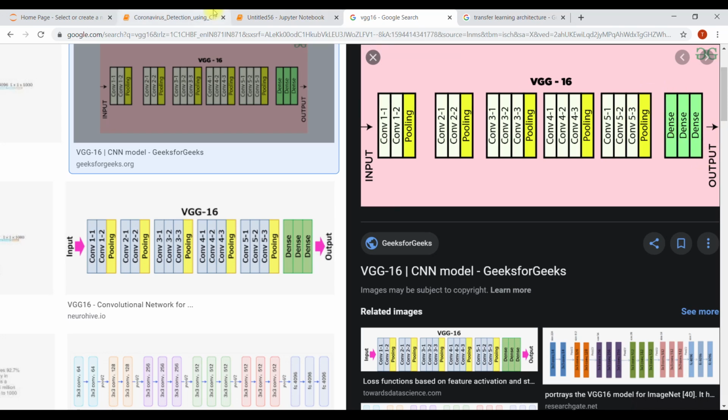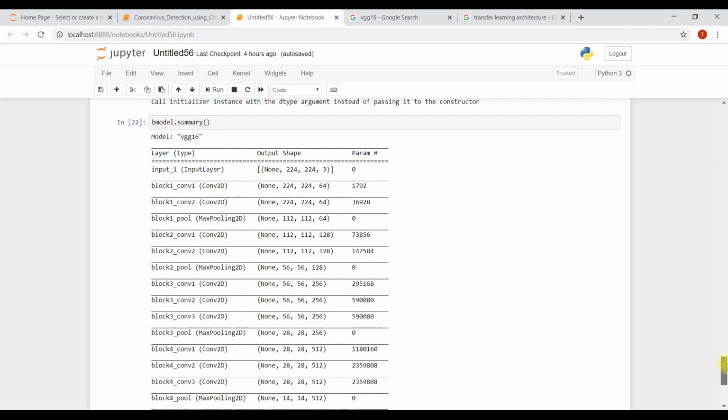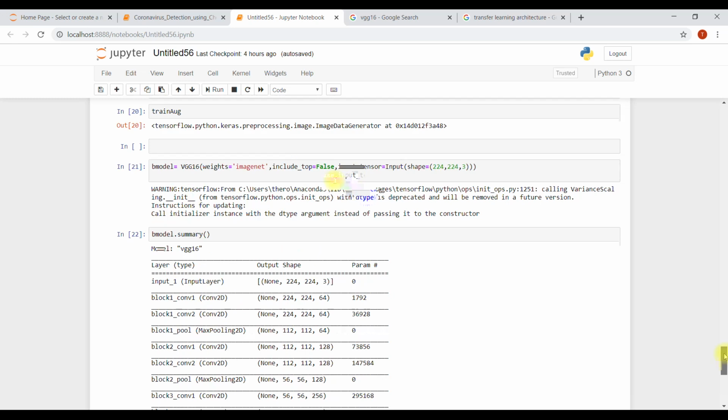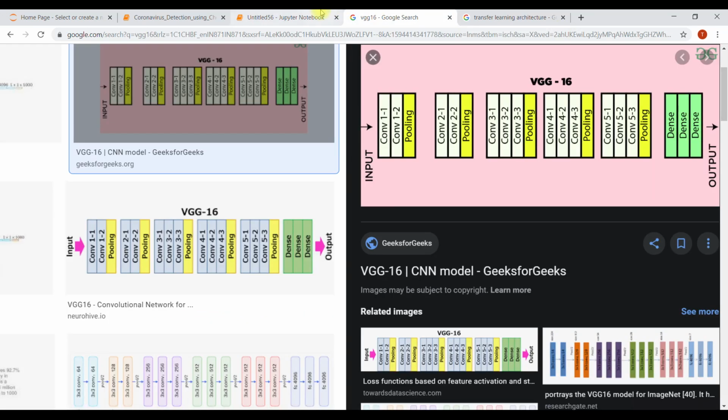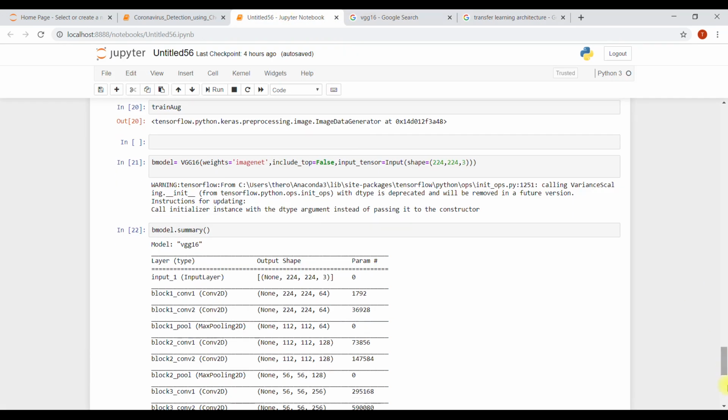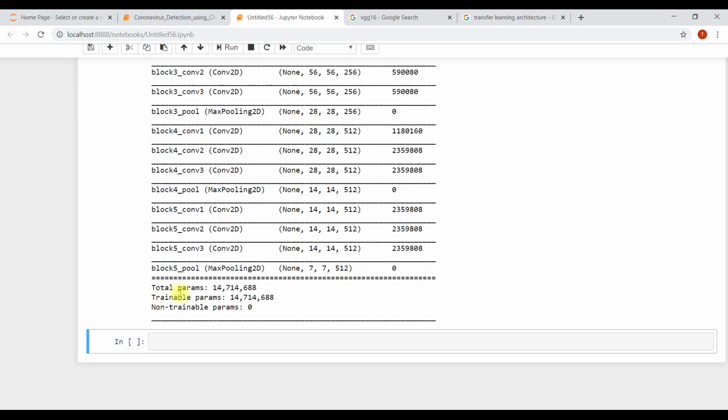We don't have the dense layer because we have made it false, so we don't have that top layer. Total parameters is around 1 crore 47 lakh, 14,714,688, and the same amount of trainable parameters.